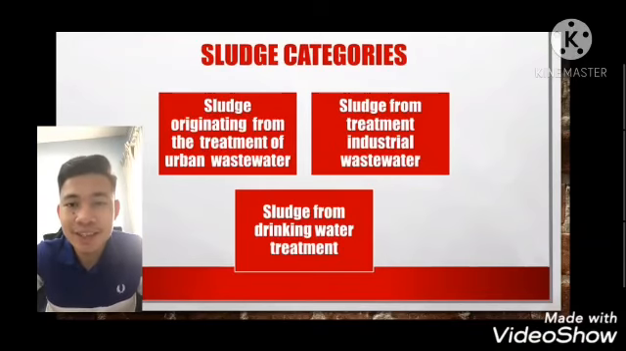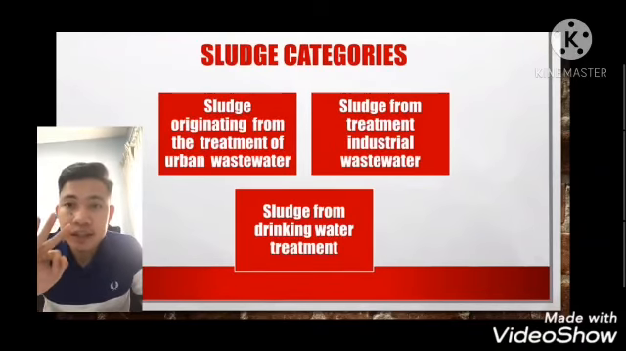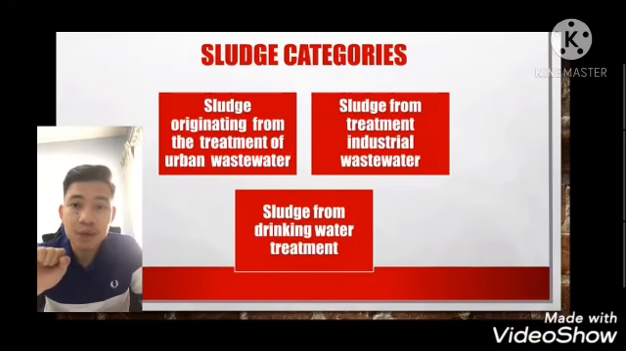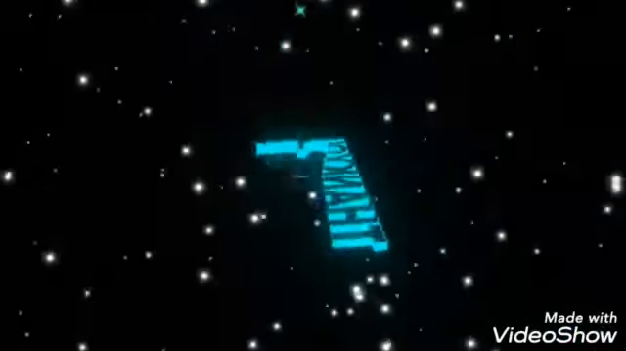Next, sludge categories. It is divided into three: sludge originating from the treatment of urban wastewater, sludge from the treatment of industrial wastewater, and the last one, sludge from drinking water treatment. And the last one is the process of the management and disposal of treated